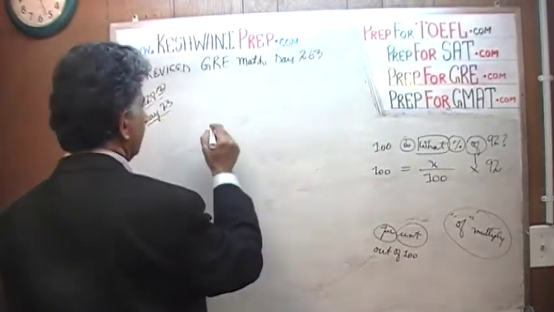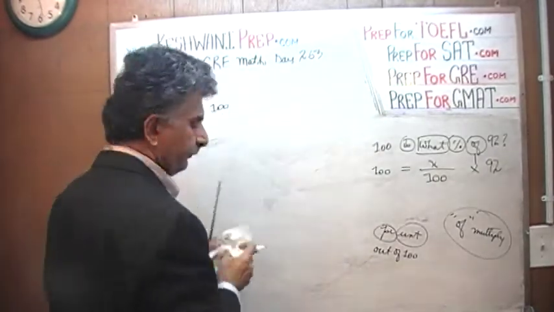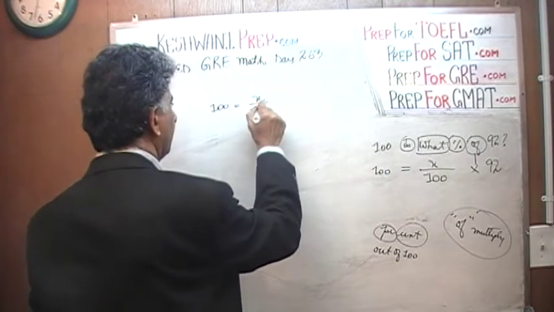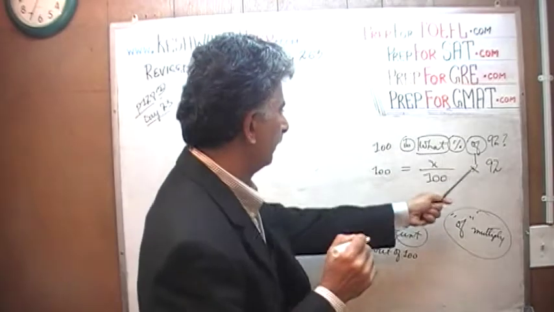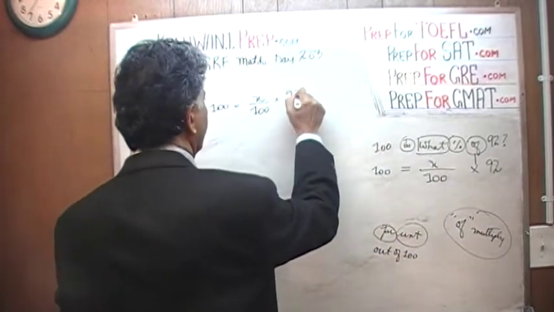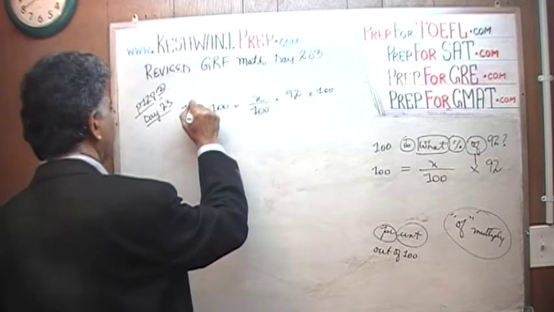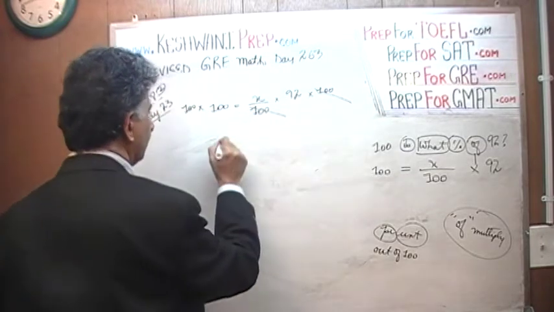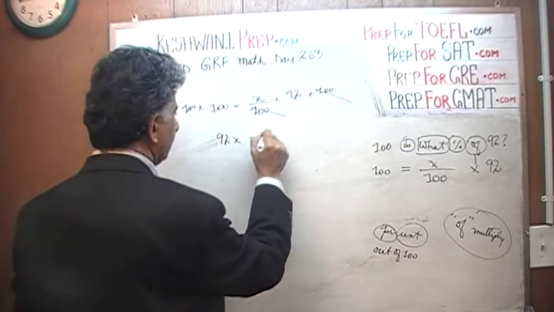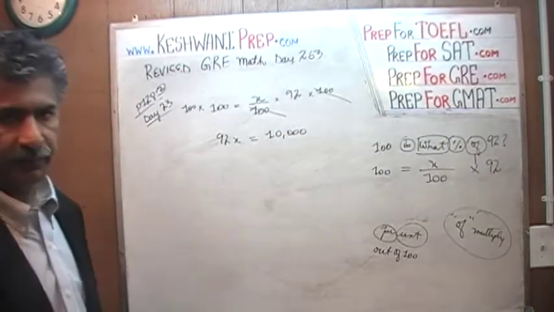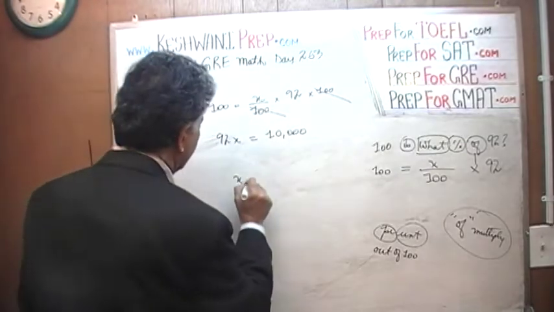Let's put that here. 100 equals x over 100 times 92. Multiply both sides by 100 and this 100 drops out, and 92x equals 10,000. 100 times 100 is 10,000. Therefore x equals